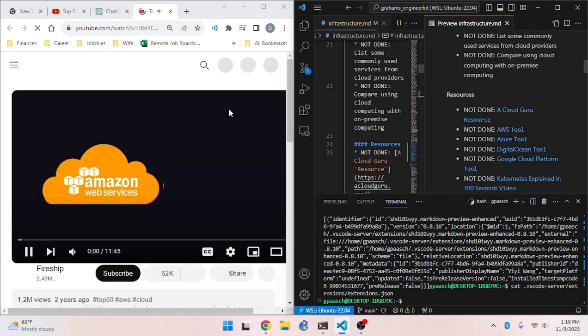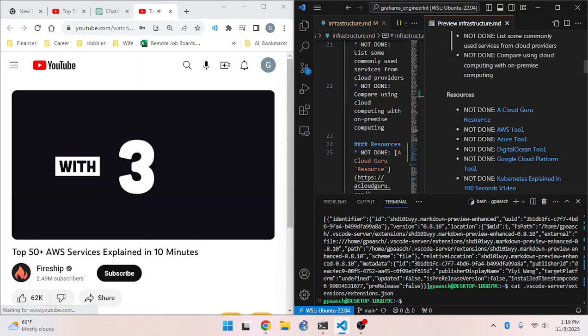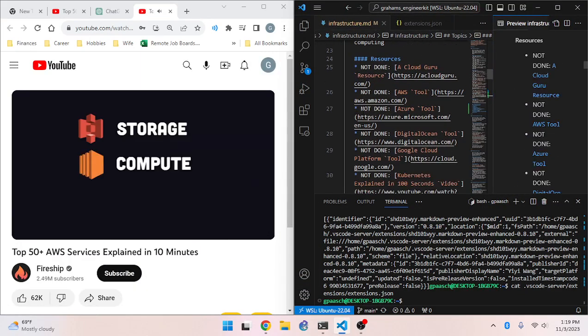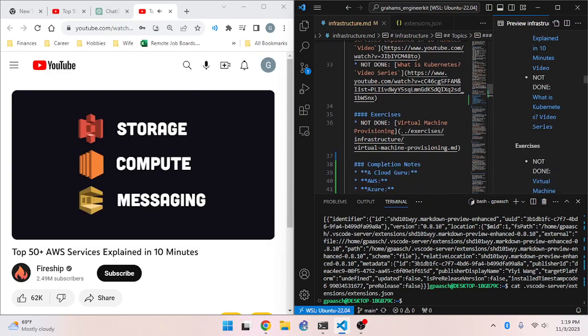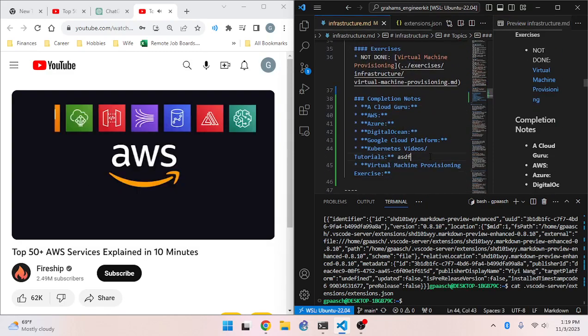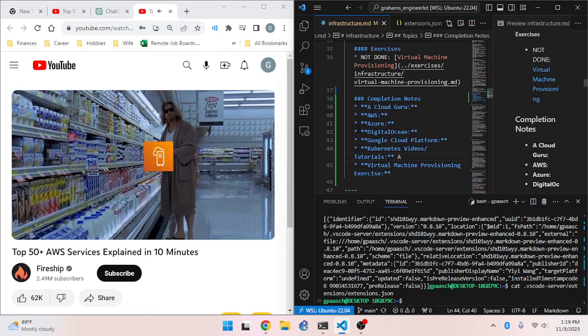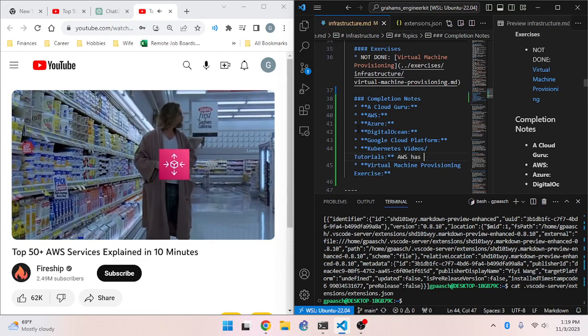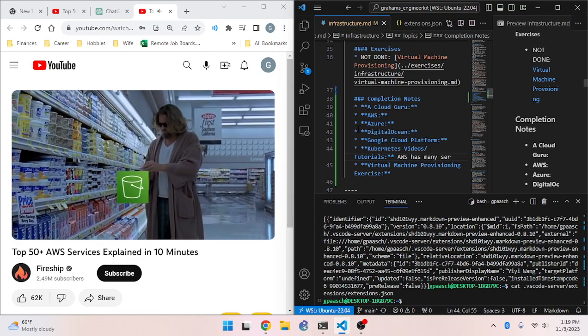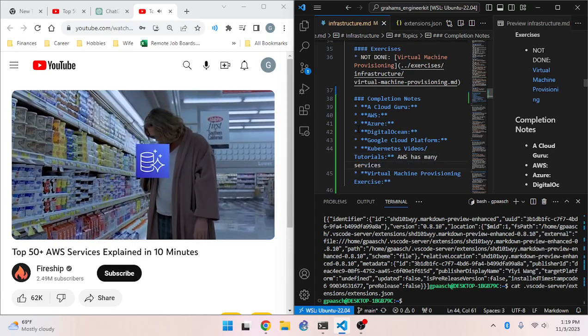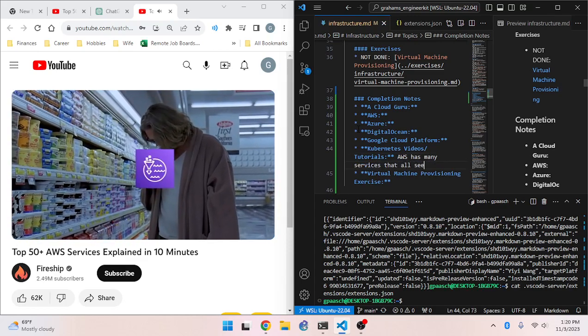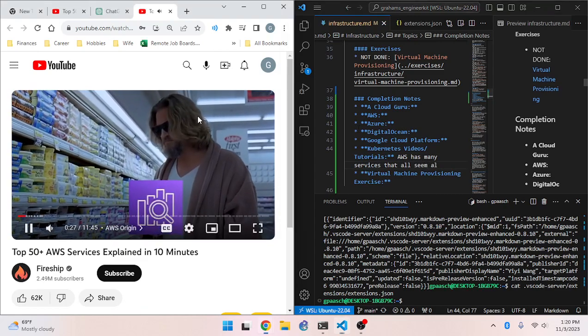Amazon Web Services launched in 2006 with a total of 3 products: storage buckets, compute instances, and a messaging queue. Today, it offers a mind-numbing 200 and something services. And what's most confusing is that many of them appear to do almost the exact same thing. It's kind of like shopping at a big grocery store where you have different aisles of product categories filled with things to buy that meet the needs of virtually every developer on the planet. In today's video, we'll walk down these aisles to gain an understanding of over 50